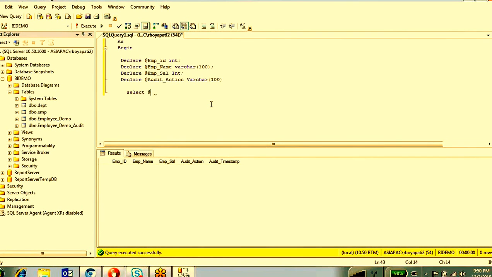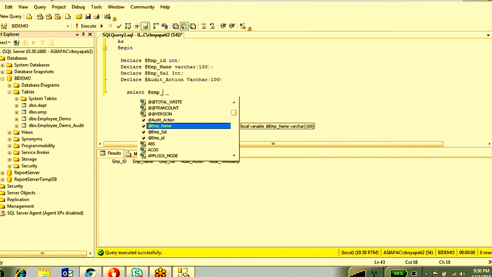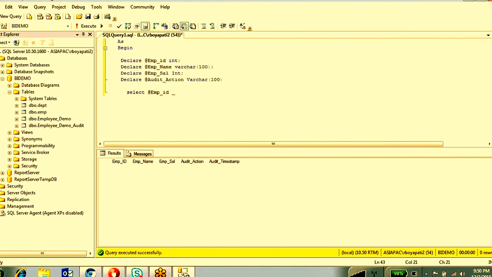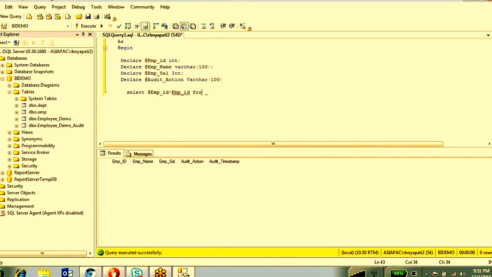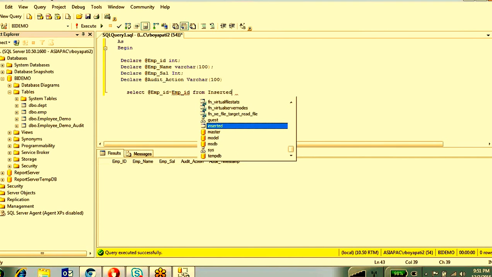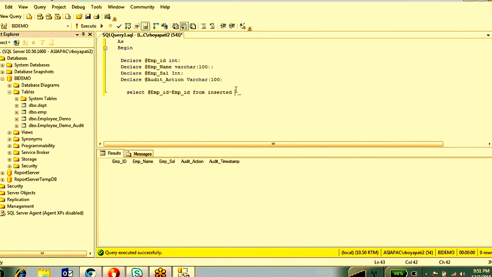Select @emp_id equal to emp_id from inserted, and I'm going to give the alias name as I. This column is coming from I dot.